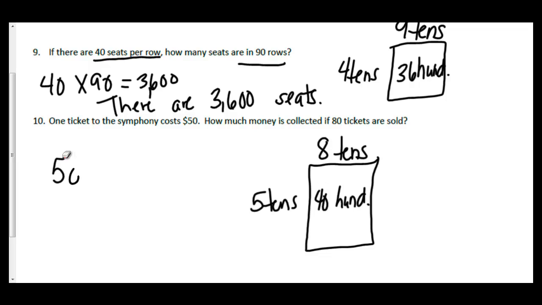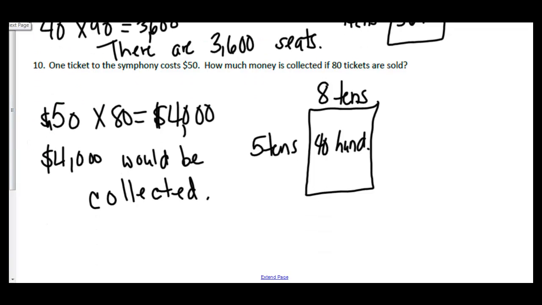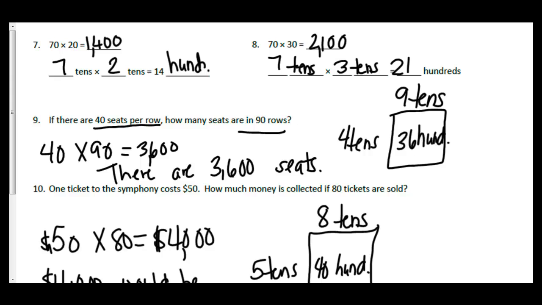So $50 times 80 equals $4,000. I hope that you're starting to see the patterns and to figure out that 10 times 10 always equals 100. I want you to make sure that you do the practice, and when you're finished with the practice,